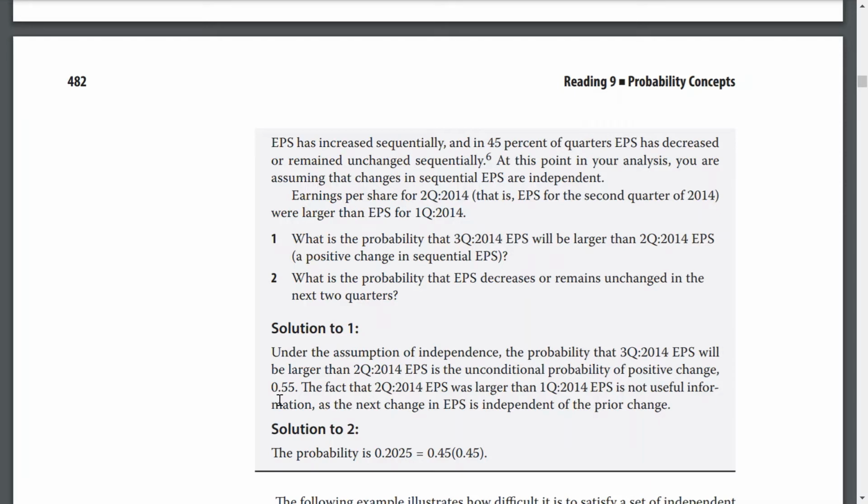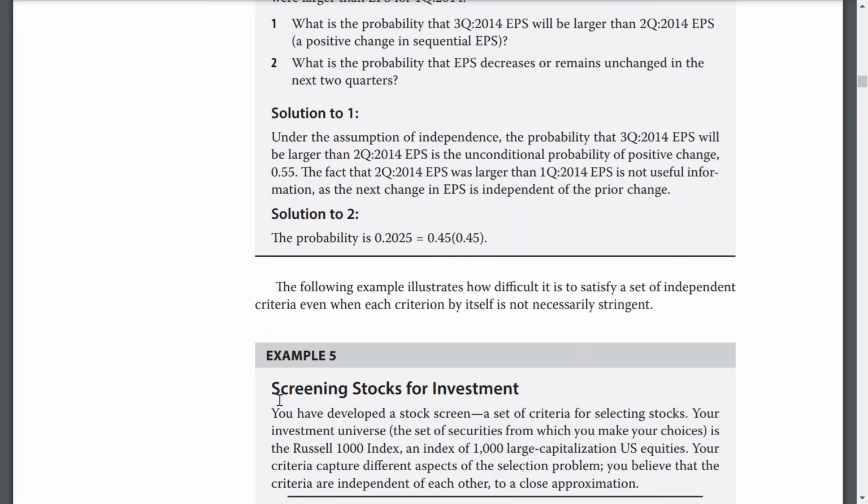Also known as a positive change in sequential EPS. What is the probability that EPS decreases or remains unchanged in the next two quarters? Solution to 1. Under the assumption of independence, the probability that Q3 2014 EPS will be larger than Q2 2014 EPS is the unconditional probability of positive change,